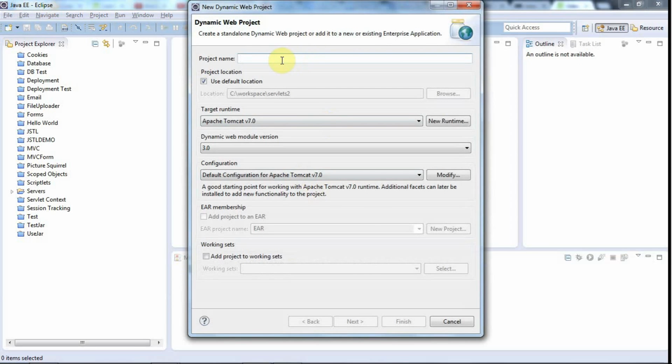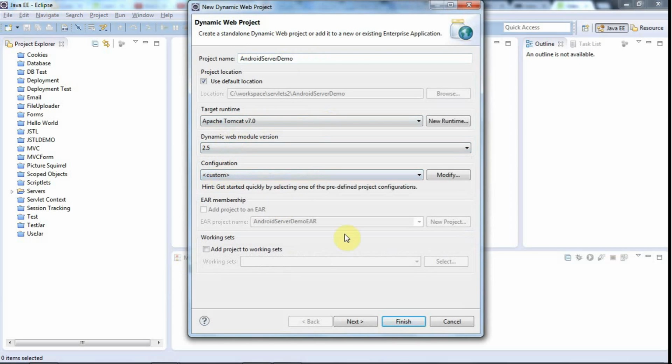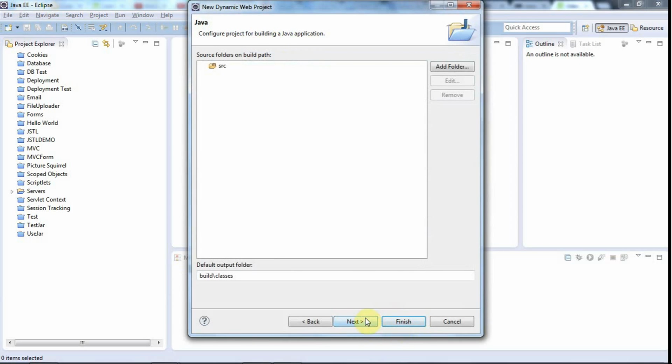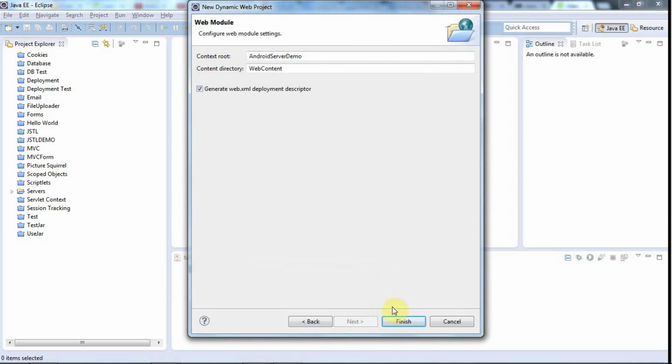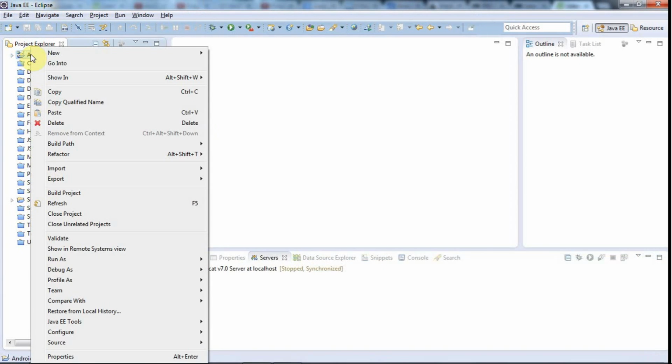I'm going to give this a name like Android server demo, let's say, and I'm going to set the dynamic web module version here to 2.5 for reasons that I shan't go into here. And I'll click next, and this all looks good, and finish. And now I'm going to right click that and go to new